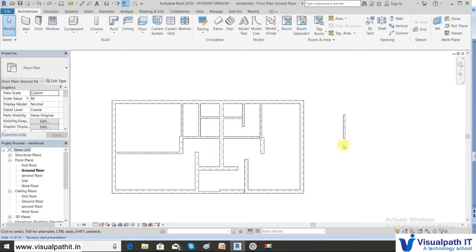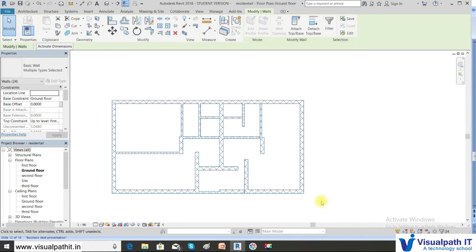So here, see, I don't have the axis now. Any axis which I don't have it here. So suppose I want to mirror this side. I have to select this object and use the option draw axis.